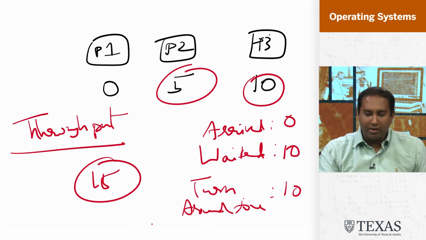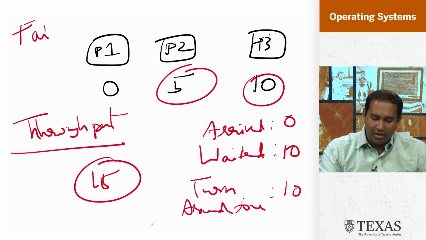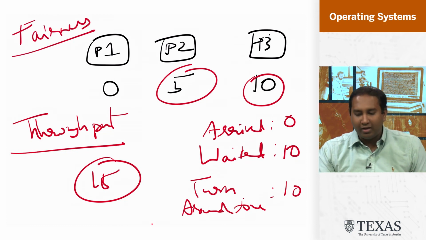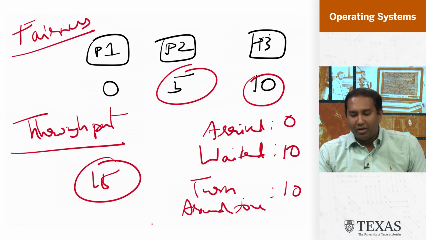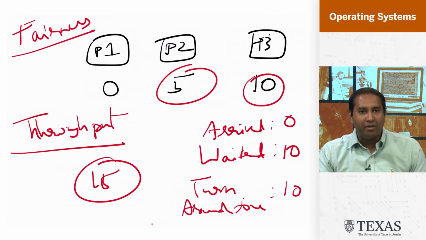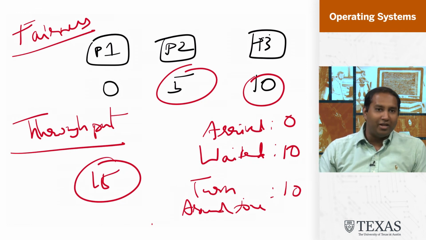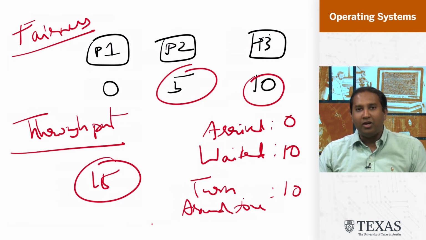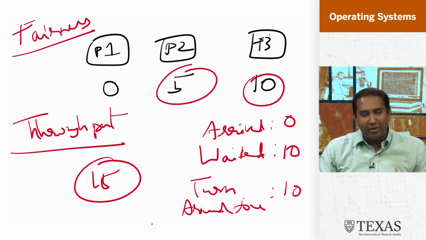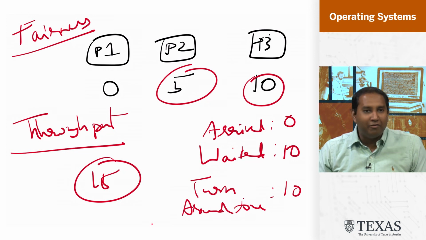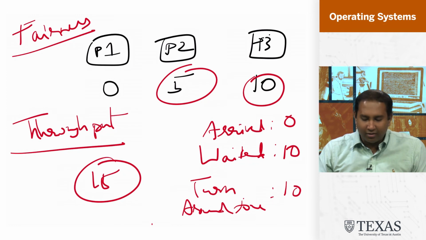Yet another metric that people are interested in is called fairness. Imagine we had a situation where, instead of giving every process its fair share on the processor, we kept giving P3 all the time. This would be great for the turnaround time of P3 because it would be 0. It would be running all the time on the processor. But on the fairness side, P1 and P2 are really starved. They're waiting for the processor, they're never getting it, so fairness would be fairly low. So that's another thing we're looking at.